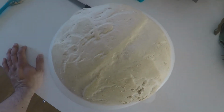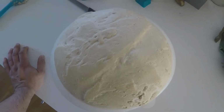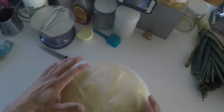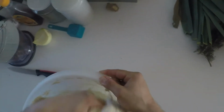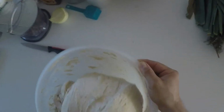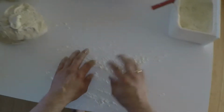So the dough is now ready, fermented for a little bit more than an hour, and we fold it together to form one nice shape, and then we make 4 equal sizes of loaves out of it. So I have my 4 pieces over here. Take some flour, and now we